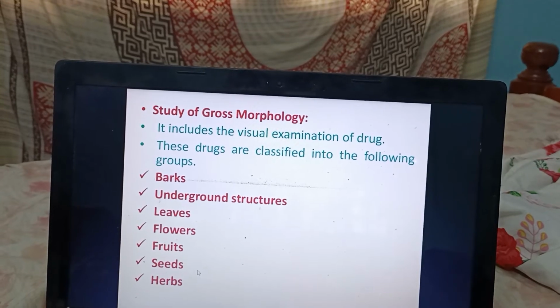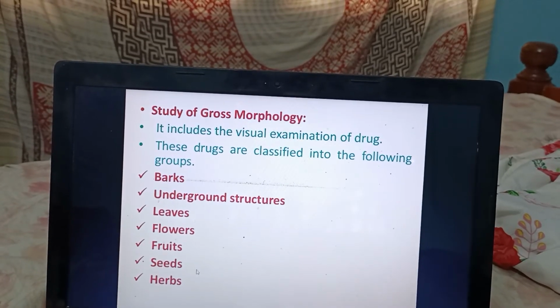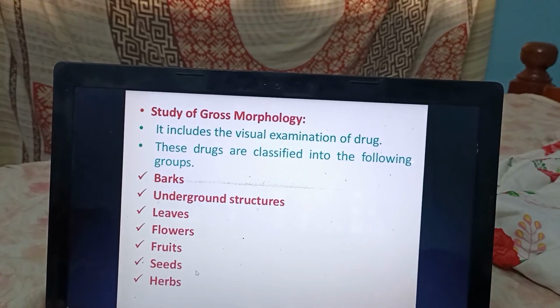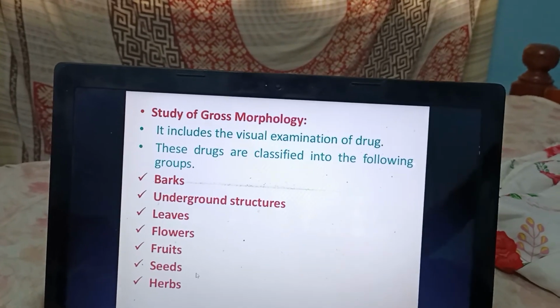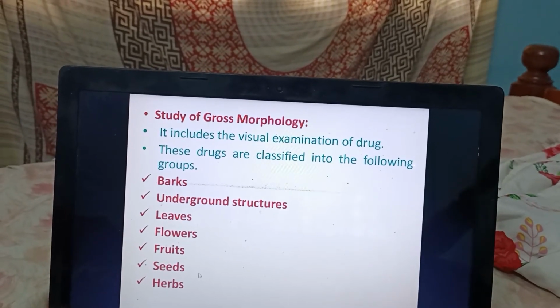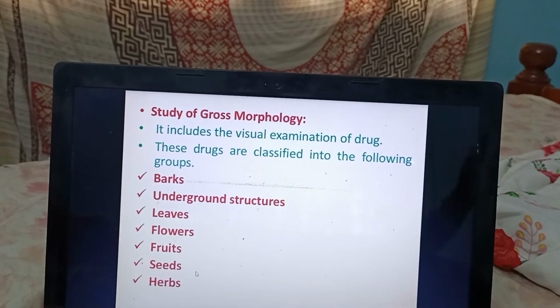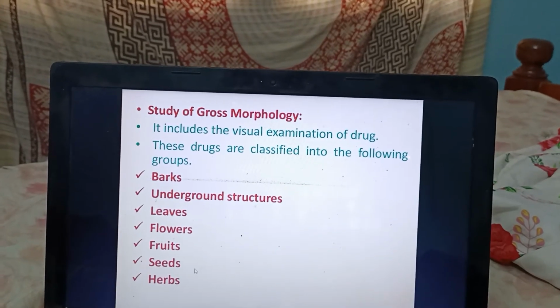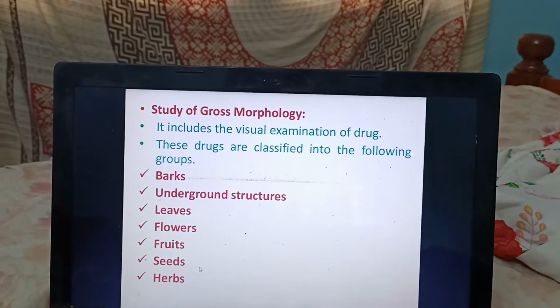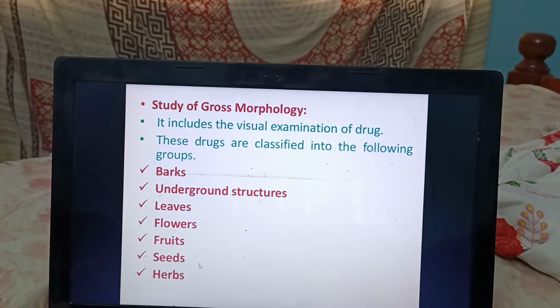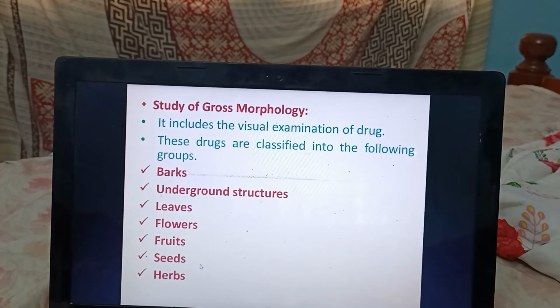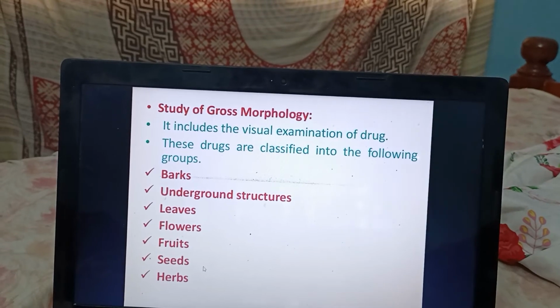In this category, barks, underground structures, which are nothing but our roots, and next one is leaves and flowers, fruits, seeds, herbs. So these things we can see in our